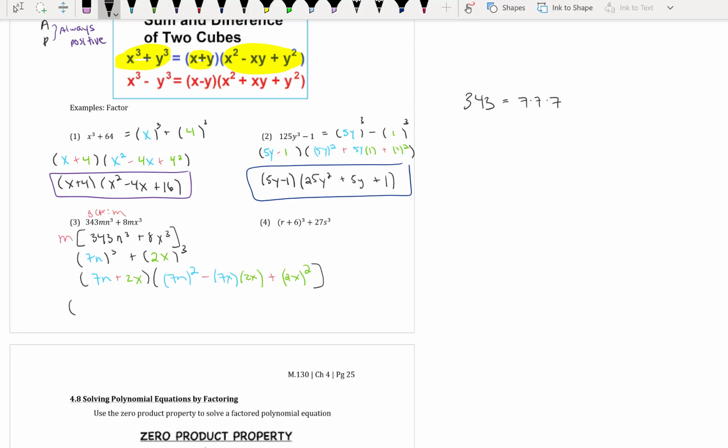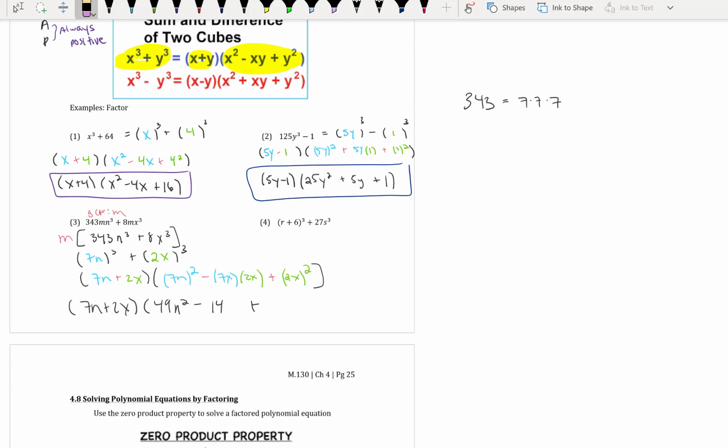So when I do that, the first term, or that first parentheses, doesn't change, 7n plus 2x. And now I have 7n inside parentheses squared. So 7 times 7 is a 49, and I have my n squared. Minus, and I multiplied those two, so 7 times 2 is a 14. Now I have an x squared. Plus,